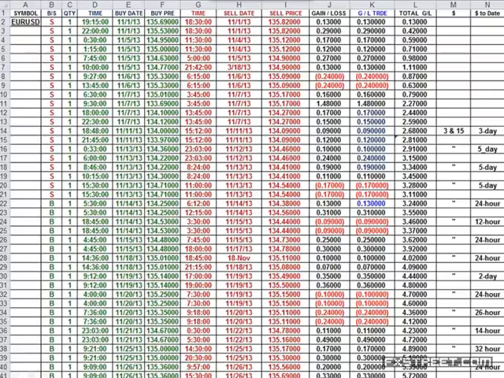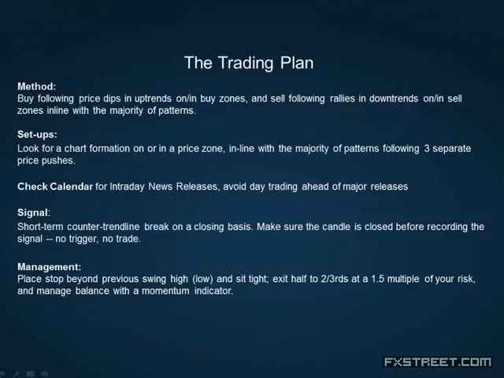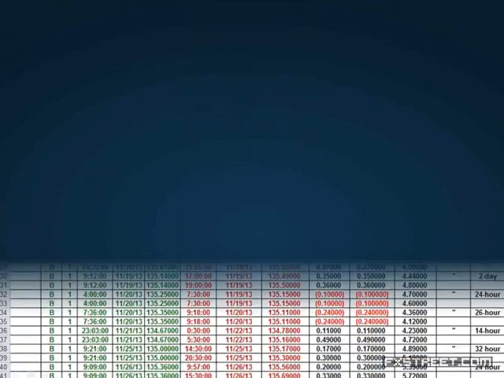Keep in mind, it is hypothetical. Again, no one's going to be able to stay awake to catch all those trades, and no one's going to follow them to the letter of the plan. So this benchmark spreadsheet is to the letter of the plan. It's for the month of November, so it gives us a pretty good idea of what we can expect if we were to study that method and then go on and demo trade that method and test it for ourselves. So you have to have one of these, a trading plan, to get one of these, a benchmark spreadsheet.